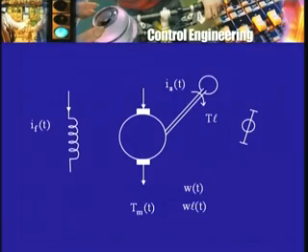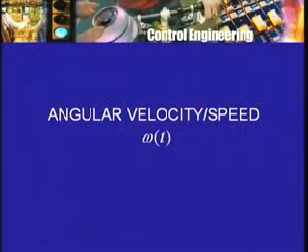Now the shaft will be turning, and so we need a symbol for the angular velocity or angular speed of the shaft. For this, normally the Greek letter omega is used, and the speed may change with time, so we'll